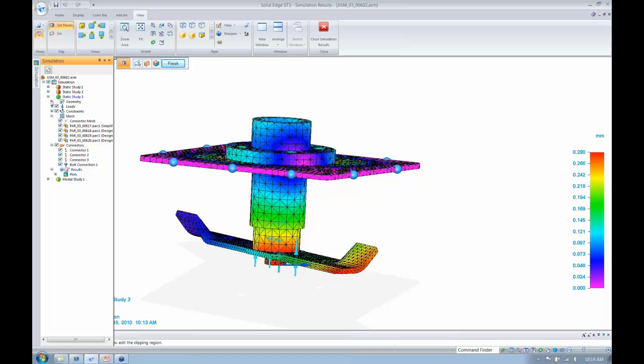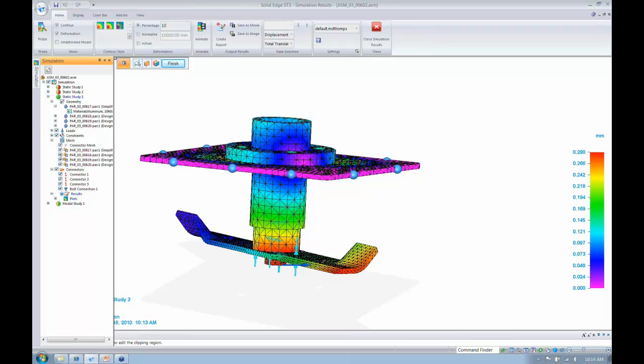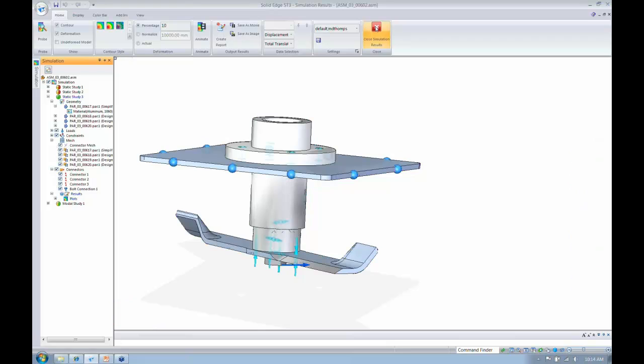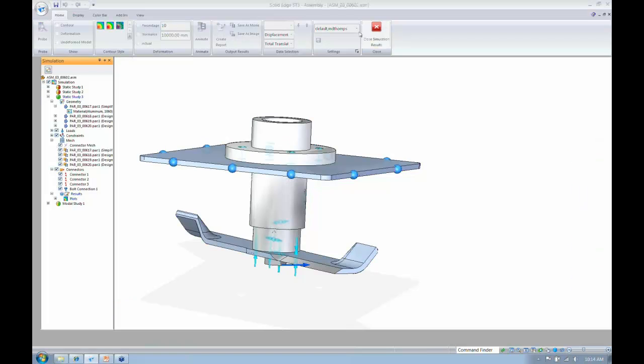The other thing I wanted to mention is that here in the geometry tree of simulation is the material, but also if I'm using those surface elements, prior to ST3, I could only do one thickness for all the surface elements in a model. Now for each part you can specify a thickness here in the tree, which is very handy. So all I have to do now when I want to go back and take a look, I'm going to close out of my results here, and go back and take a look at what my